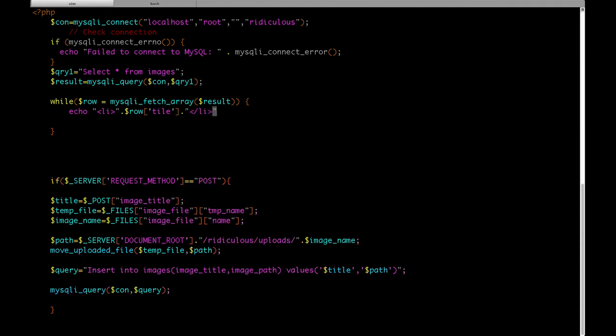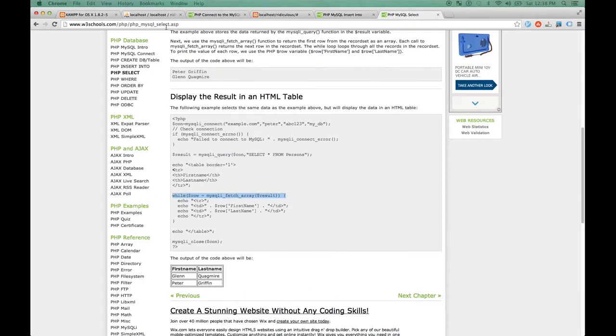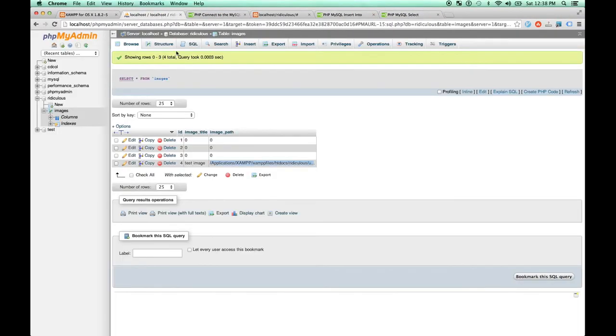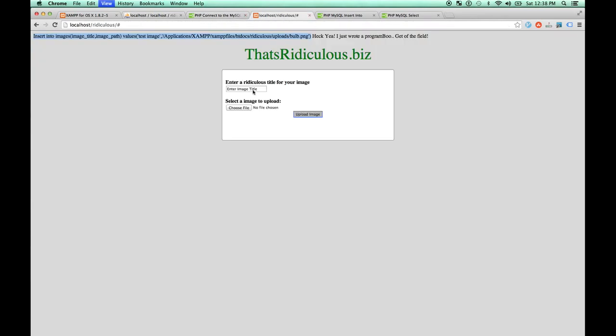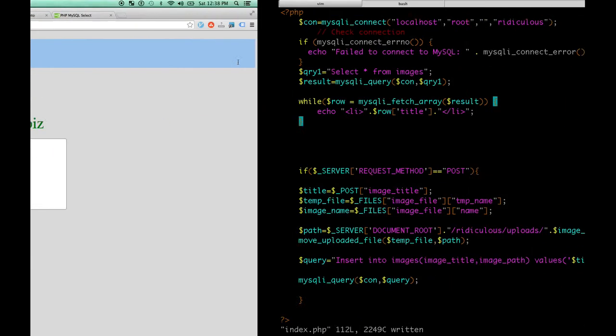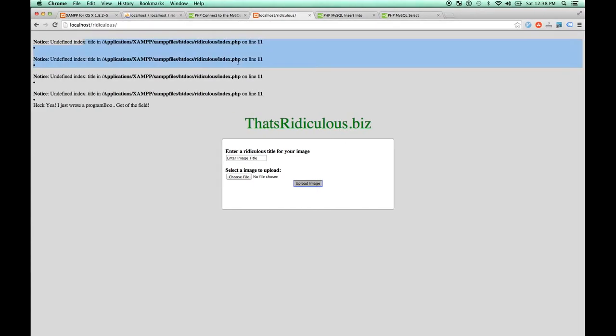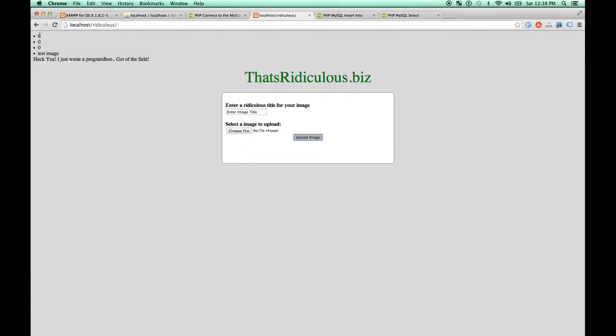Okay, so it's not spelled tile, but title. All right, so let's go ahead and run that. Except we won't. This will just be a get request. So undefined index title. That's good. Row title. Oh man, so it's image title, right? So there we go. So now we can see the results of our